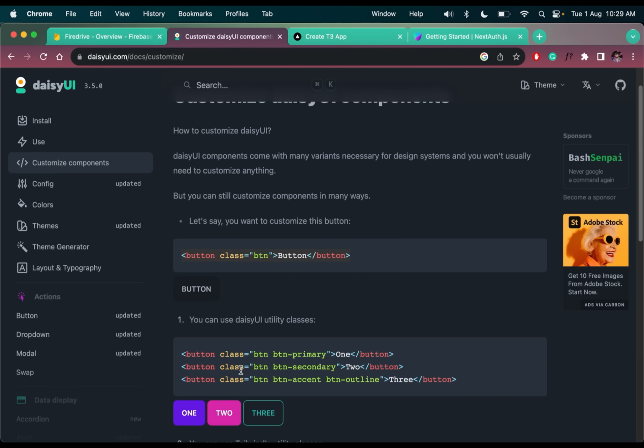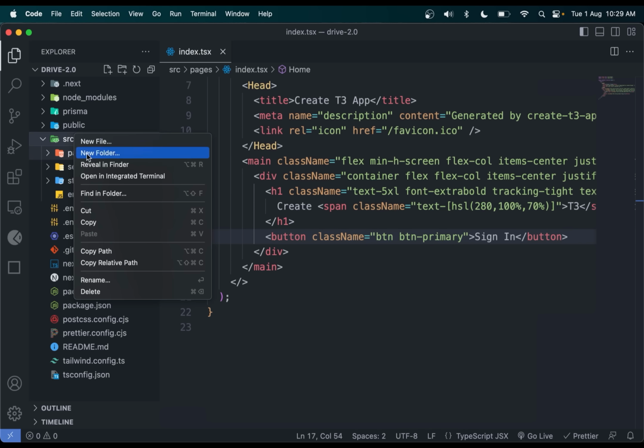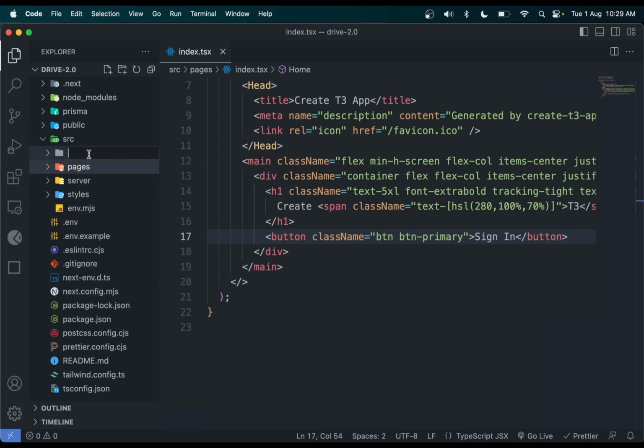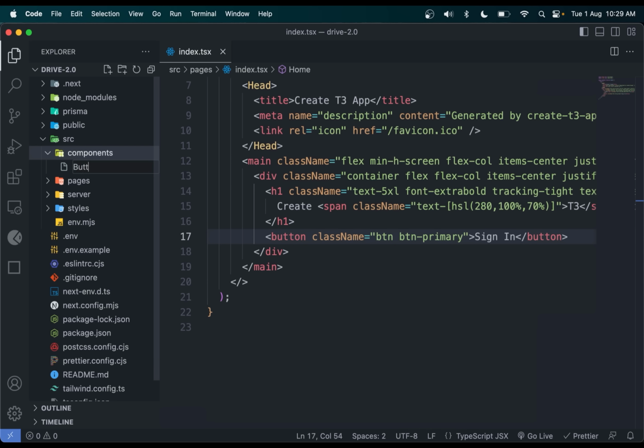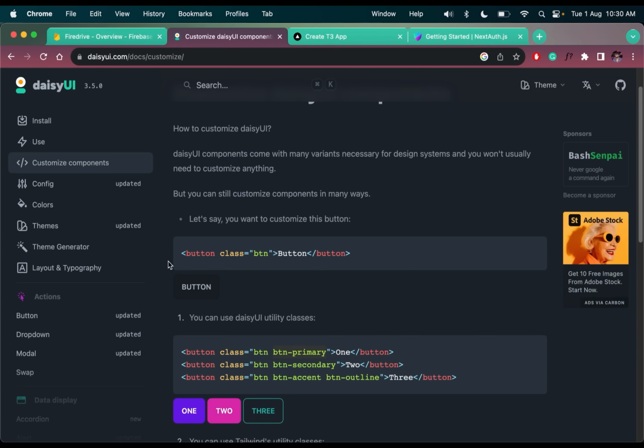Or what we can do is create a folder here called components in the source folder. Okay, no, not search. We need a folder called components. Don't let it scare you. It is just a Next application. Yes, make a functional component and then just add a button that we want to add, like 1, 2, or 3, whatever. So this should be className, and this thing that we are having, button primary, we'll receive it